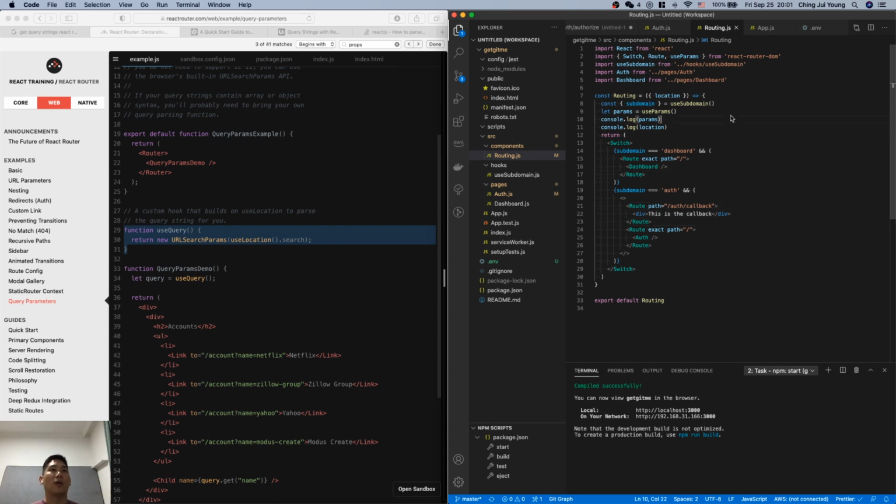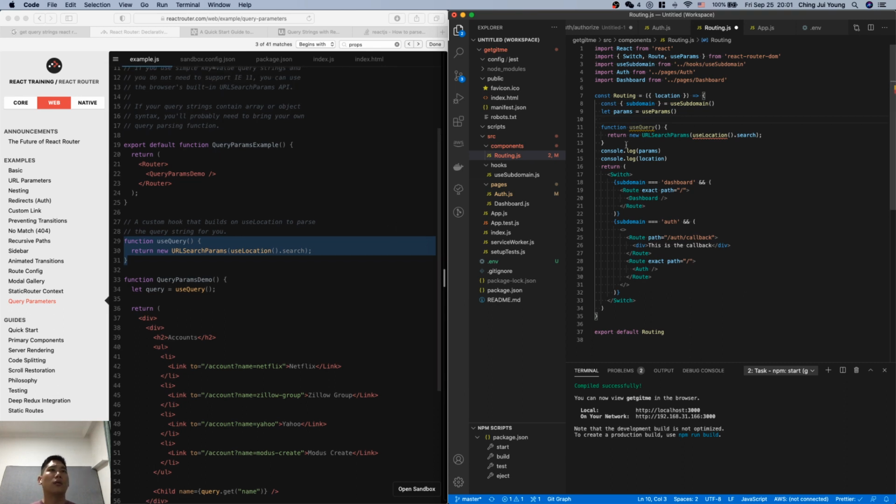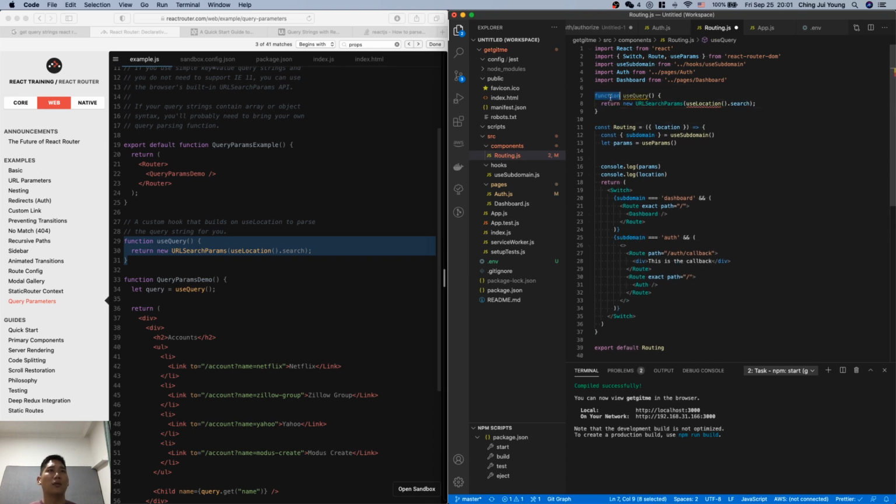I wonder if I should just create another hook. I don't know why they didn't create their own hook for this one here. Yeah, let's bring it outside, so it's not always rendering. So const equals